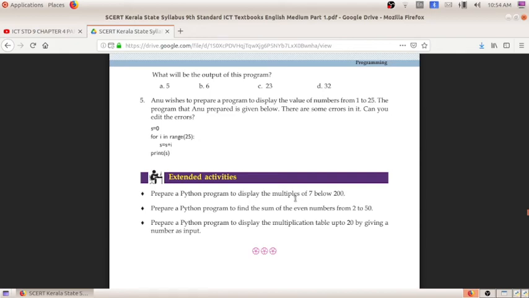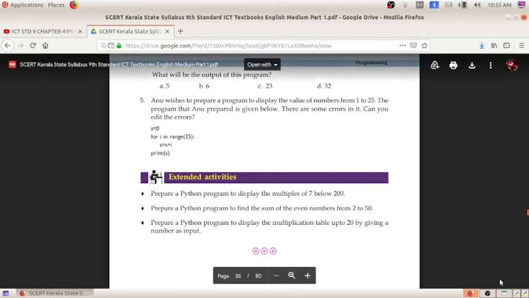Multiples of 7 means there must be a difference of 7. 7, 14, what is the difference? A difference of 7. So it will be range of 7 comma 200 comma 7. So we can put it in the for loop. How can we do that?